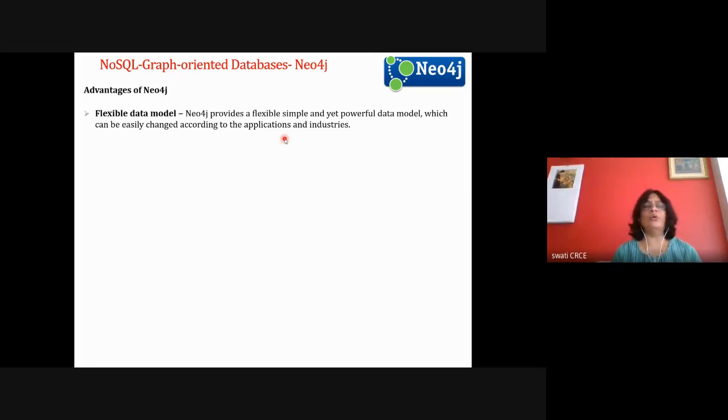Whenever you create any new node, you just add 5 extra features. Or for the existing node, you update that node and add the new feature or new property in that node. So it is having a flexible data model, and it is according to the current needs of applications and industries. So it is very useful. And real-time insights: it provides results based on the real-time data. In real time, on the fly, you can do the analysis and you get the results. So real-time insights for big data is possible.